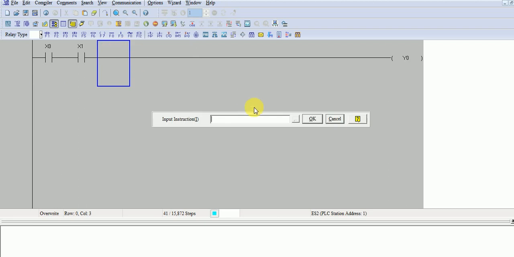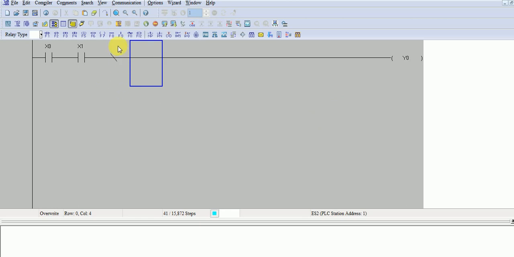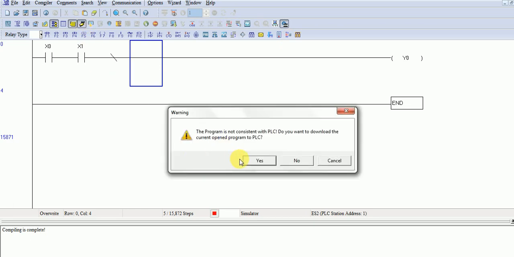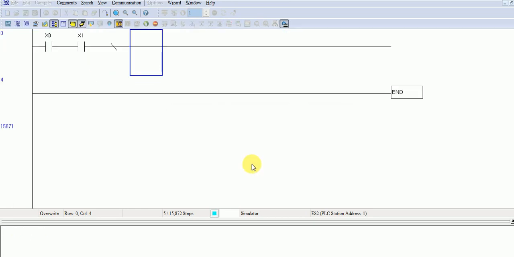Now I will take inverse: simply write INV. This is the vertical line at a 45 degree angle. Now compile it, simulate this one and run the PLC.